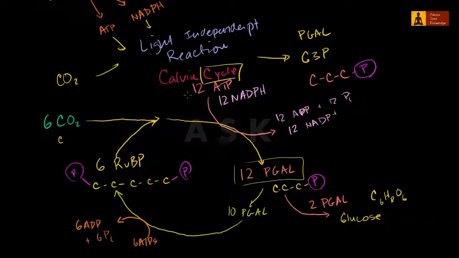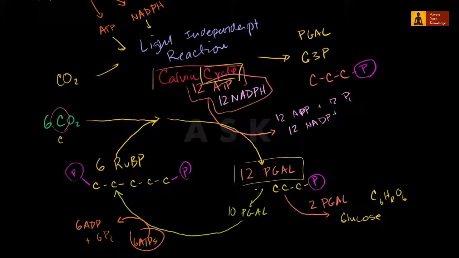We were able to take the byproduct of the light reactions, with the ATP and the NADHs, there's some more ATP there, and use it to fix carbon. This is called carbon fixation. When you take carbon in a gaseous form and you put it into a solid structure, that is called carbon fixation. So through this Calvin cycle, we were able to fix carbon, and the energy comes from these molecules generated